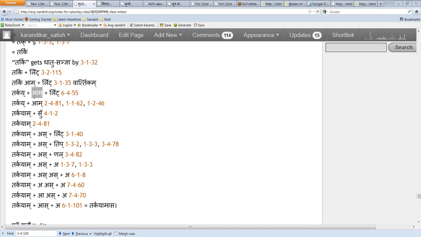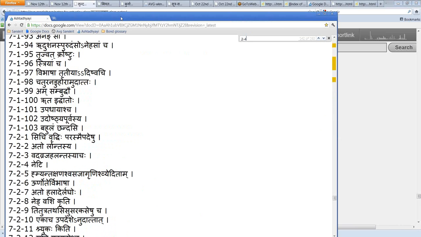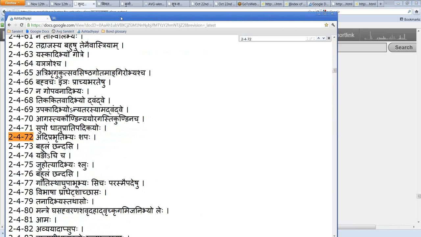And then comes the sutram which says "amo luksyat". Look at the number 2.4.81. We have already studied 2.4.72, which is the adiprabhuti shapah. We have also studied 2.4.75, "yotyadi vyashlo". So this one is saying amah. Following the am pratyaya, luk takes place. Now by this sutra, according to Siddhanta Kaumudi,